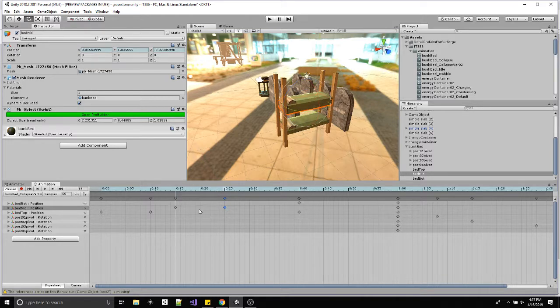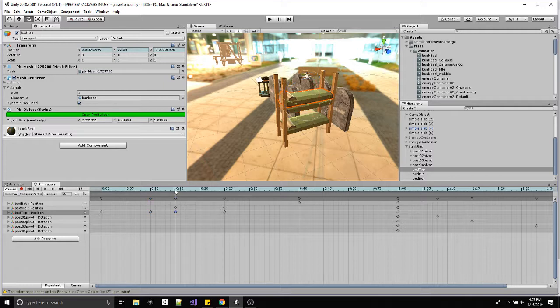That means the top bunk needs to fall with him. So the top bunk needs to have this key duplicated. He falls, they hold, they fall again. Then the two of them, the mid bunk and the top bunk, hold. Wait a minute. Okay, they fall. So if I duplicate out these two keys, the mid and top,